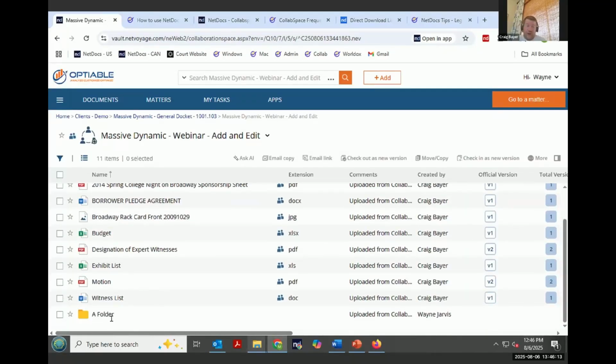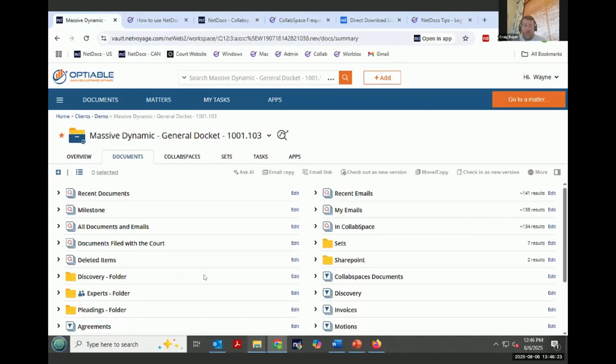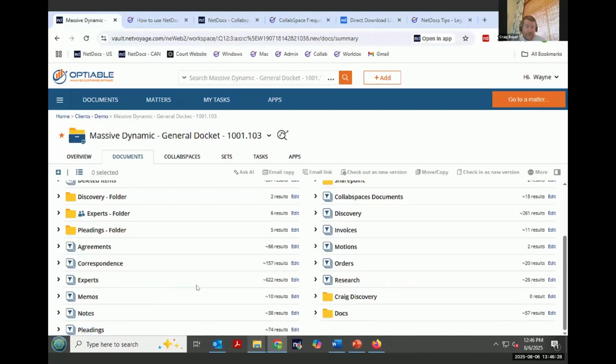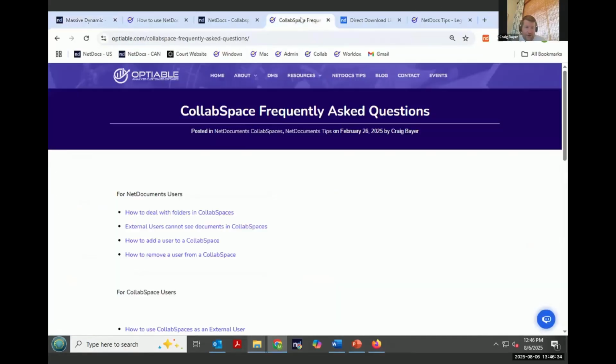So you can create folders in Collabspaces. You can copy stuff into Collabspaces. You can copy stuff into those folders. You can move folders into Collabspaces itself. So you can take a folder and actually move it into a collab space. Let me come over here